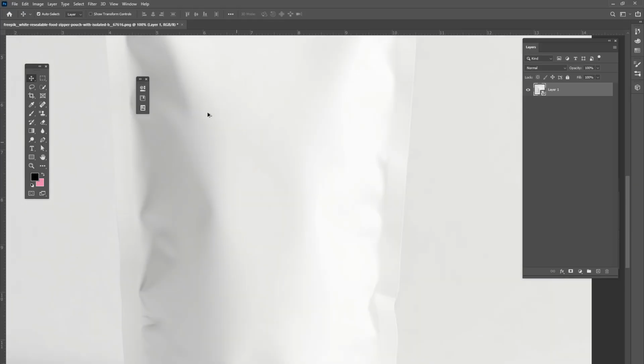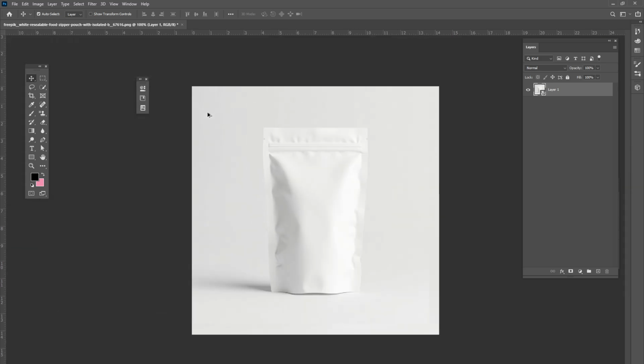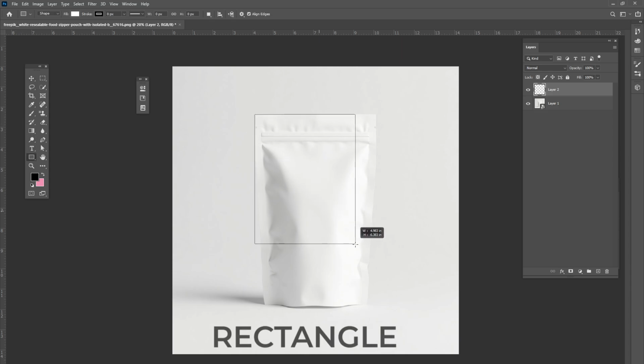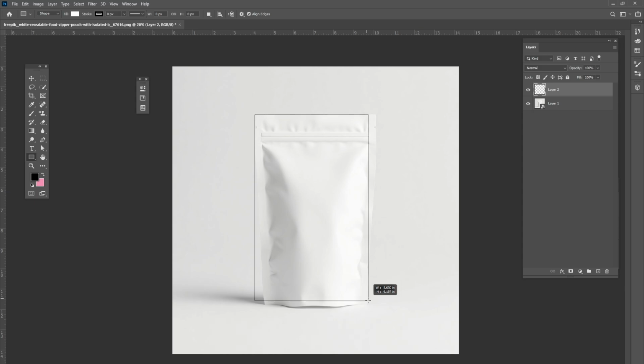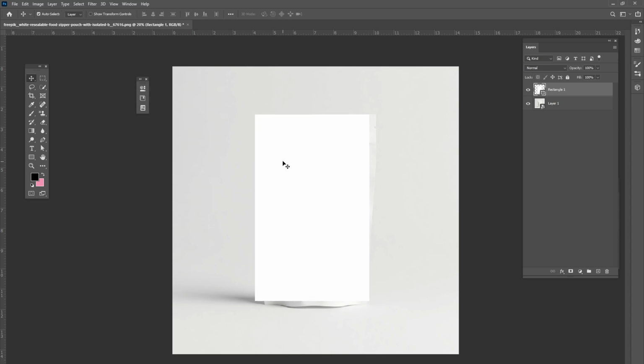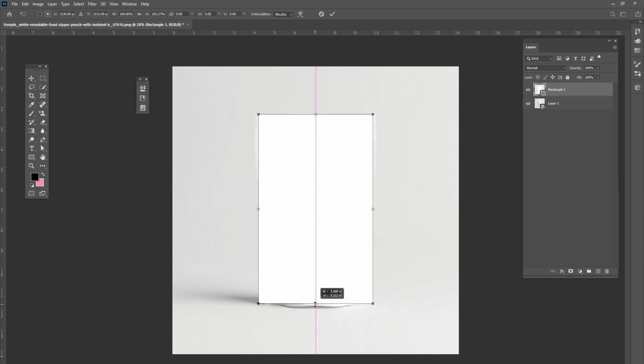After opening up that mockup in Photoshop, we just create a new layer. Take the rectangular tool and make a rectangle, and while making the rectangle, be precise like that. Now we have to adjust the edges. For the adjustment,